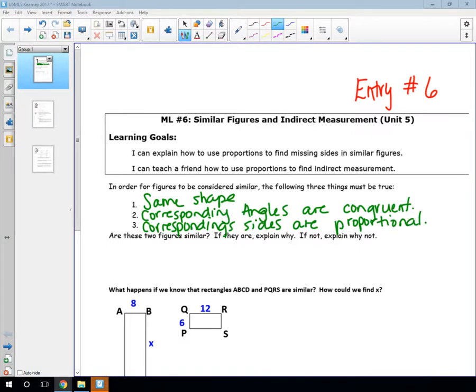So we know their angles are the same, but their sides don't necessarily have to be the same. The reason why is because similar figures, many of you remember from 6th grade, if I said the word similar figure, a lot of you are probably thinking, oh, those are the shapes that are the same shape, but not necessarily the same size. So the angle is what affects the shape, and the sides aren't necessarily the same,